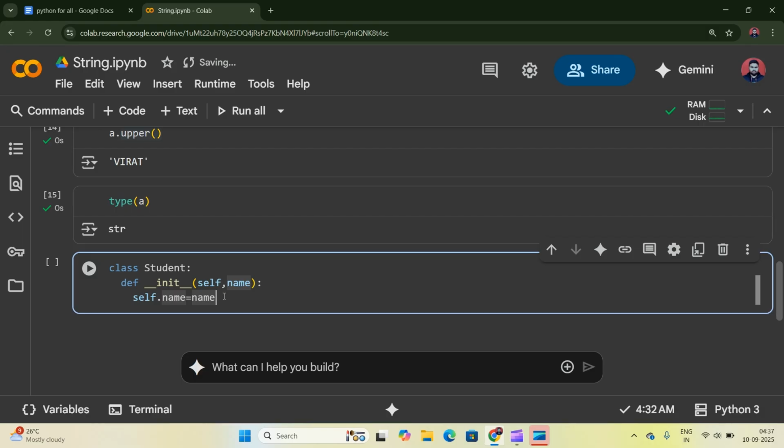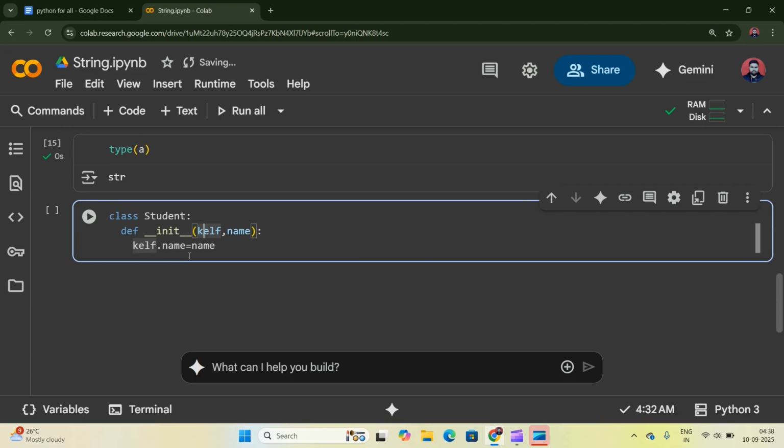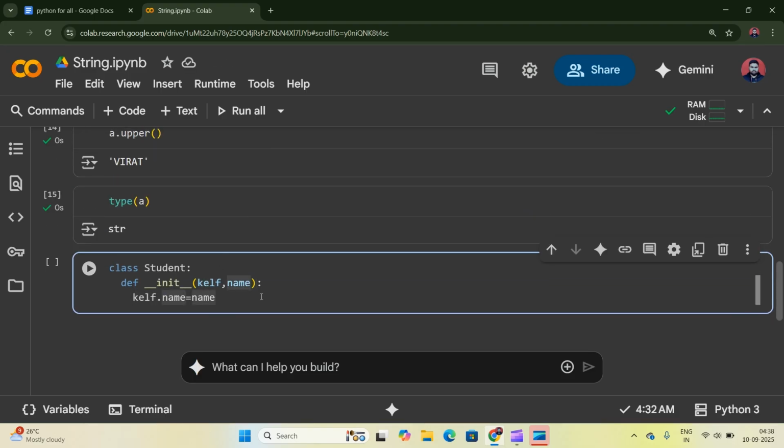Now the second thing that will come to your mind is what is self. This is the reference variable that points to the current object. You can use anything instead of self. You can use kelf here as well. It is completely okay if you use kelf, you just have to maintain the same thing everywhere. But self is standardly and globally accepted, so it is good practice to write self only. So when I say kelf dot name equal to name,